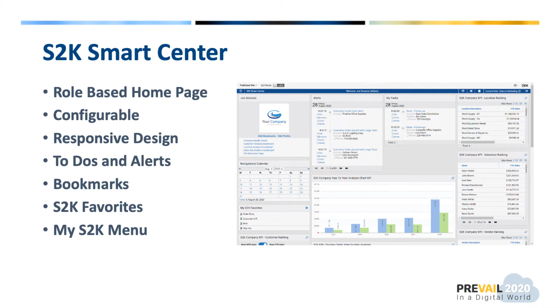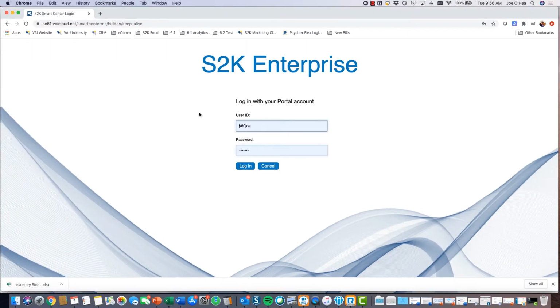Okay, so now let's hop over into the live demo and we'll show you around Smart Center. So this is the login screen for S2K Smart Center. You can see here that I'm inside a browser. I'm using Chrome, but you could use any browser, come in on any device. I'm using a Mac laptop, but as long as that device has a browser, you'll be able to access the